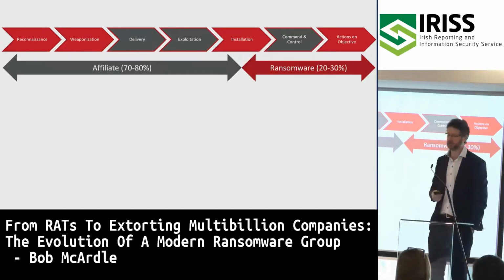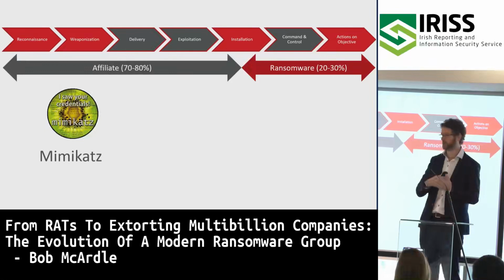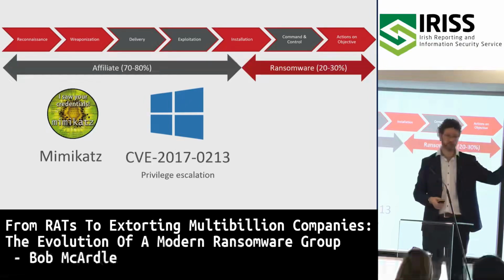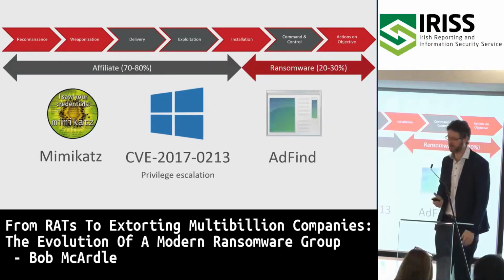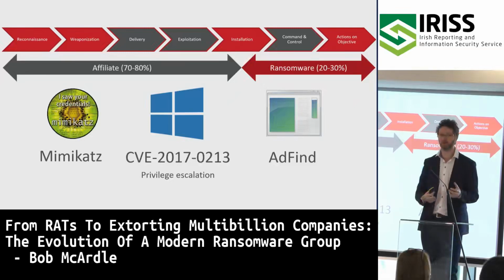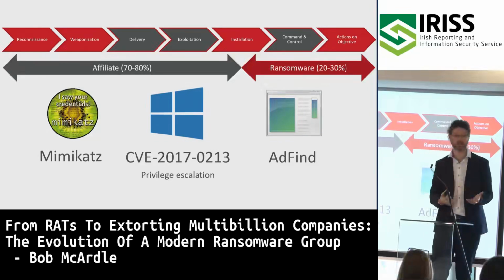So then once they've done that, they need to escalate privileges a bit and move laterally around the network. Mimikatz is a favorite tool for that, for taking the credentials they've dumped and trying them on other machines. Also, they would use certain privilege escalation vulnerabilities that exist at the time just to get more admin rights in the machines that they have. And tools like AD-Find, which help them map the whole Active Directory network. And that's for two reasons. One, so they know where they want to go and target. But also, they quite often don't know who they just infected. Right? So they have to figure out what is this network, how big is it, and then who am I going to sell this network to?